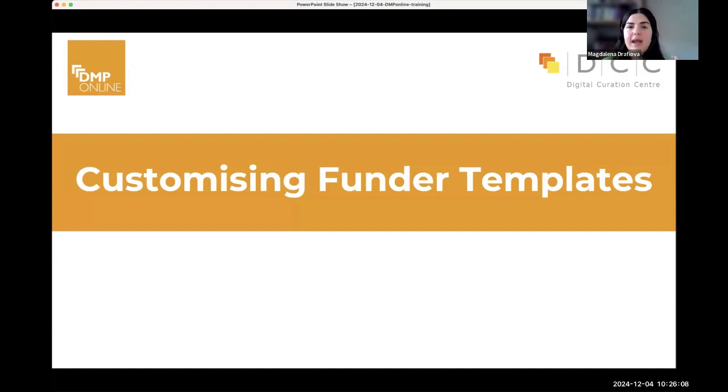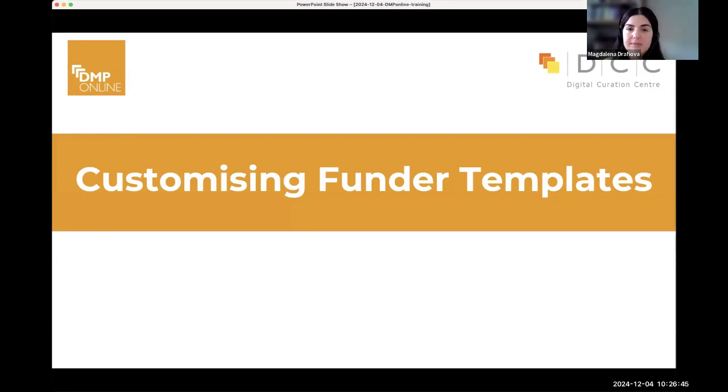If a researcher's organization is a subscriber, but they are not writing a plan for a specific funder, so they would basically take that no funder is associated with this plan, they would always be presented with your organizational template. The last option is that if a researcher is subscribed, your organization is subscribed, so they're part of, for example, University of Edinburgh, and they're writing a plan for ESRC, it's the funder template that always takes precedence over